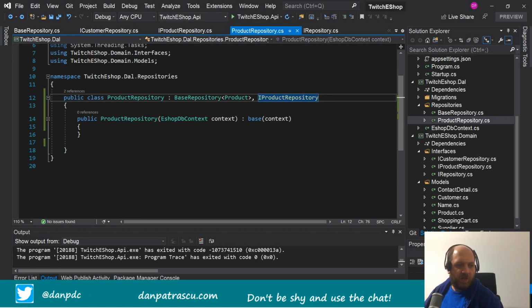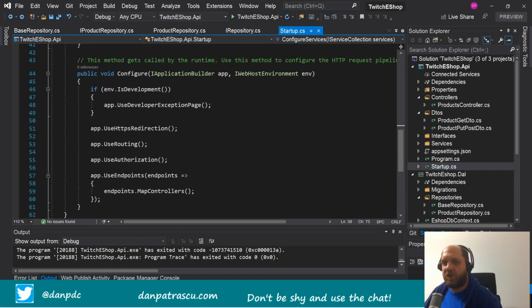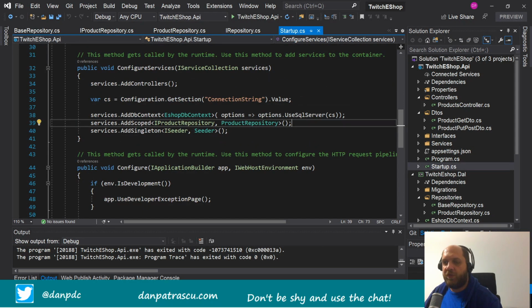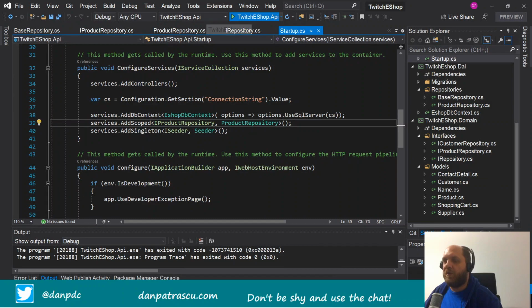But right now I guess it is the big moment, and let's try to wire all these things up and see exactly how that works. Let's briefly look in the startup file. Here in configure services we add this IProduct repository, which is a product repository, which in turn will get the DB context, and I guess we should be okay for that one, so we shouldn't make any changes here. Let's run the application